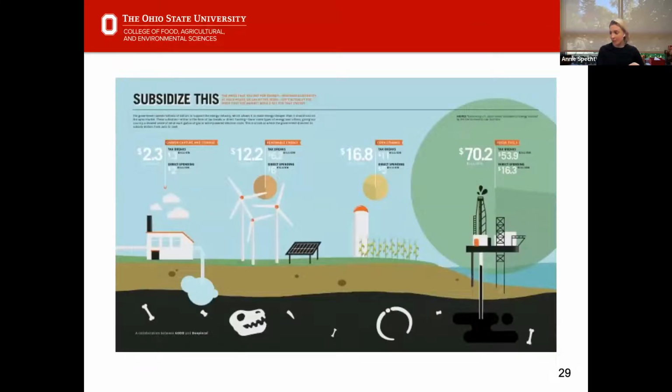So here we have a really great example. This is a bubble chart, and I think this was a specious example where they put together an example, so I don't think that this data is actually real. But if we look at the values being demonstrated here, we've got 2.3 million, I'm assuming, 12.2 million, 16.8 million, and then 70.2 million being represented here. And when you think about this from a scale perspective, these look a little off. The reason is that we're using the wrong calculation to determine the area of the bubble or the area of the circle that we need to represent it.